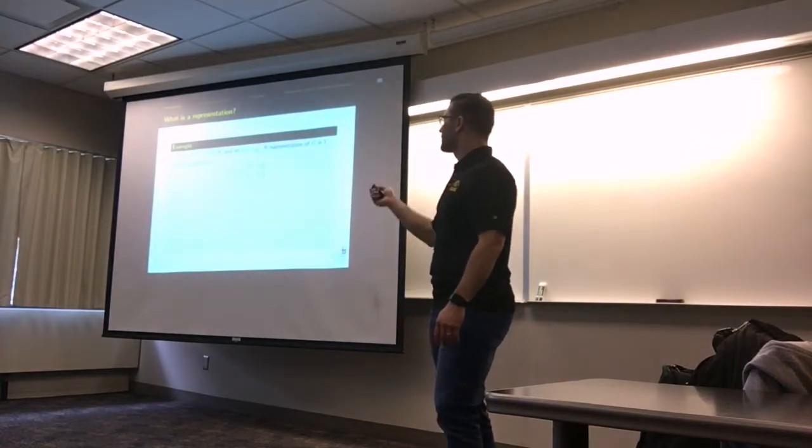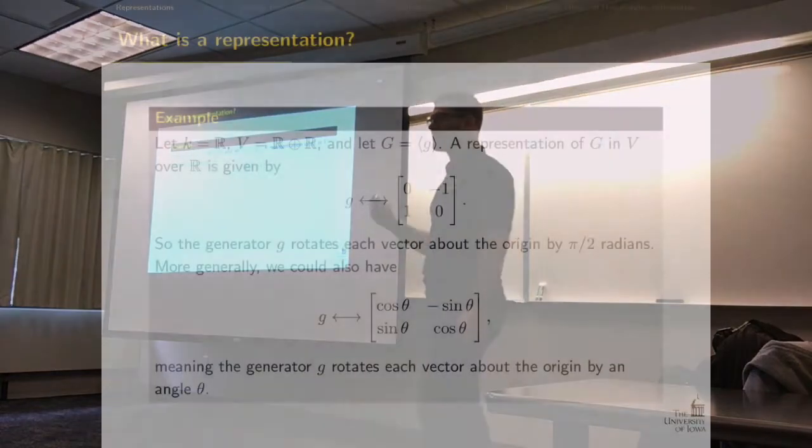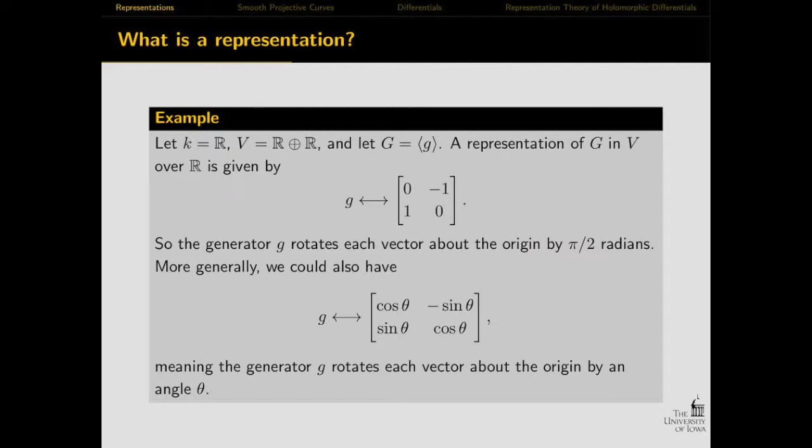So I'm going to say the generator acts on R2 by this matrix 0, -1, 1, 0. What that means is the generator is going to act by rotation counterclockwise on every vector by pi over 2 radians, 90 degrees. More generally, we could have little g act as this matrix,